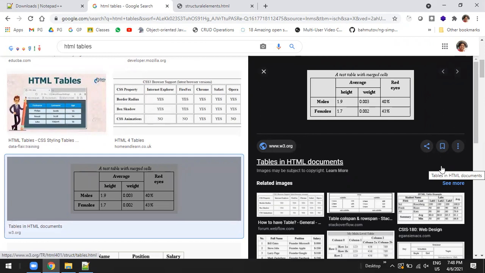How do you create it? By using row span and col span. Yeah, of course, but how many rows do you have? 3 rows, or 4 rows, or 5 rows?